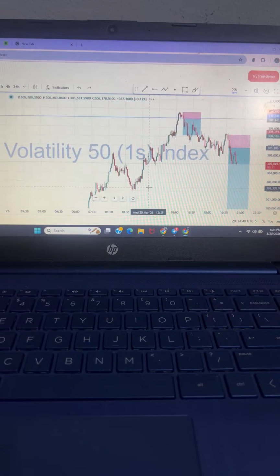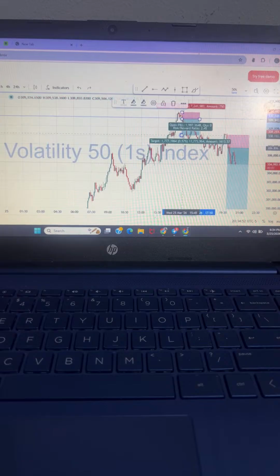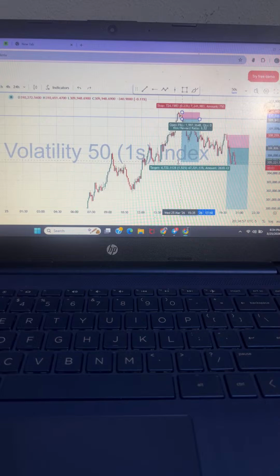You could have targeted zones. Why is my mouse not moving? Alright, so we would have been in this trade. You could have targeted this zone right there, 1 to 6. You would have to take profit